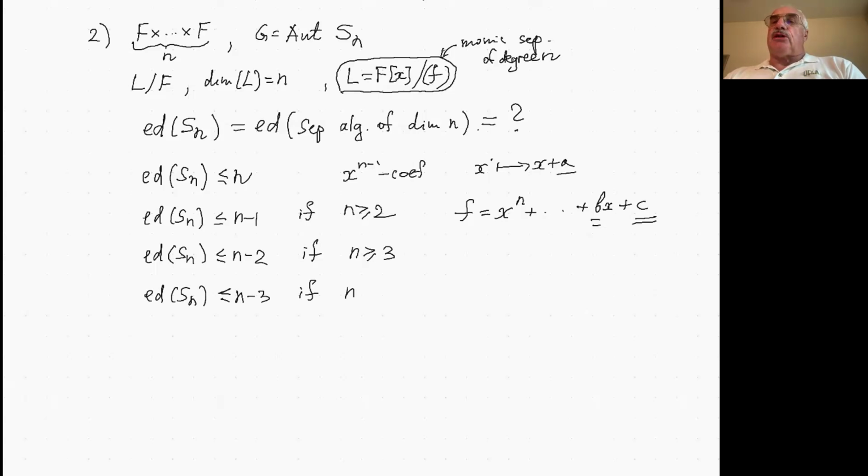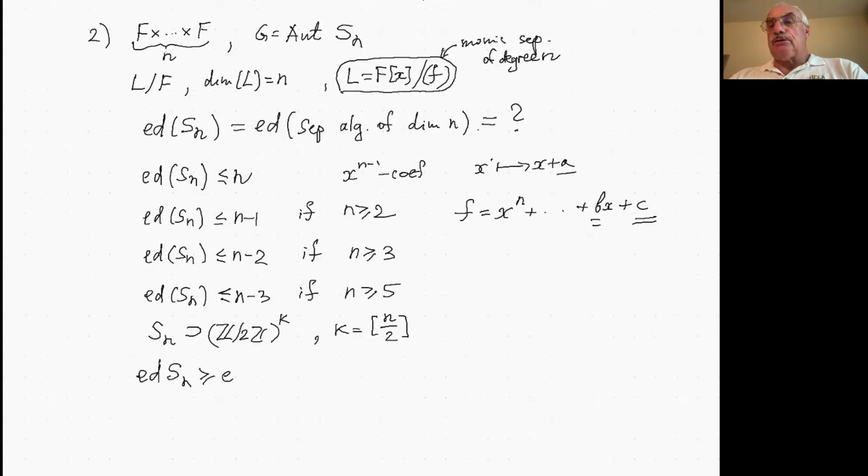On the other hand, there is a lower bound as follows. Sn, a symmetric group, contains the product of several copies of Z mod 2Z. How many? You take k, the integer part of n over 2. Essential dimension of a larger finite group is greater or equal to the essential dimension of a subgroup. And Z mod 2Z